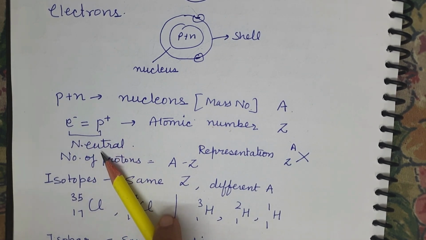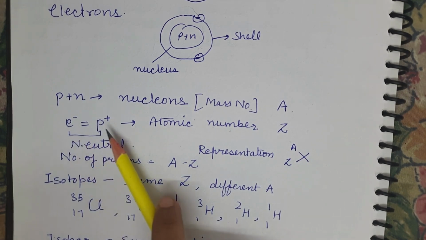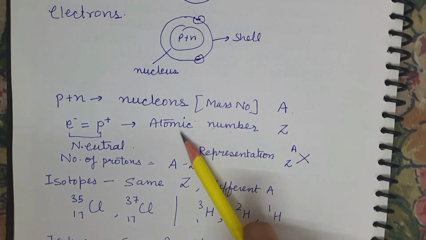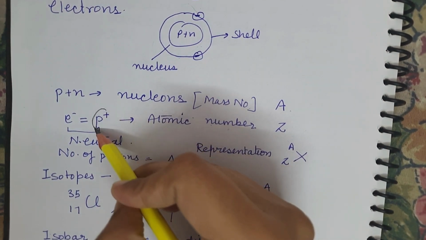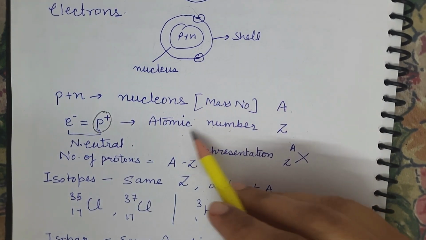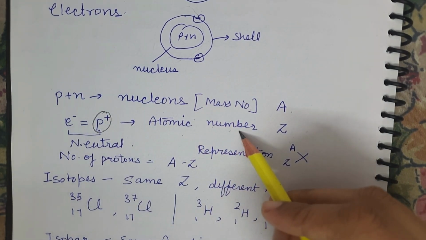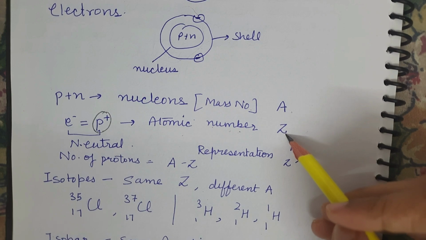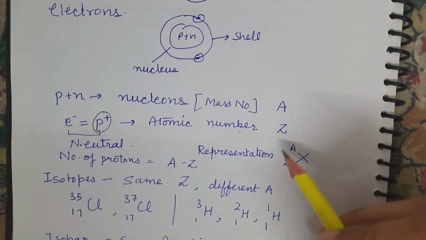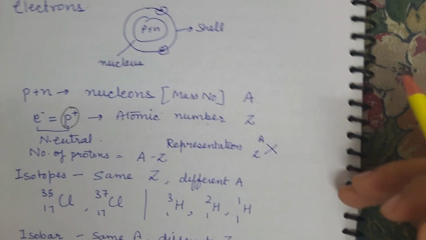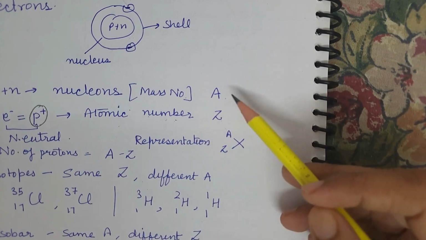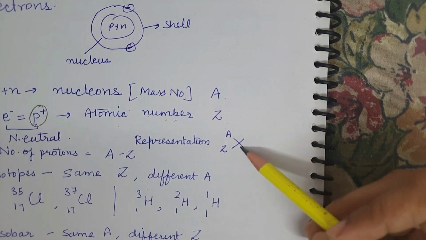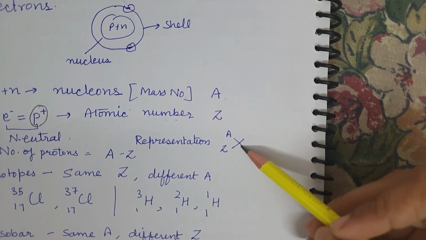Otherwise, if the atom is not neutral, the number of electrons and protons will not be the same. But remember, the proton number is always given by the atomic number, whether it is charged or not, and the symbol for this is Z. Now how would we represent an element which has mass number A and atomic number Z? The representation is given by X as the element,